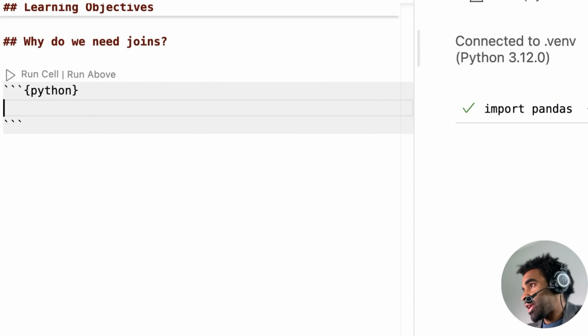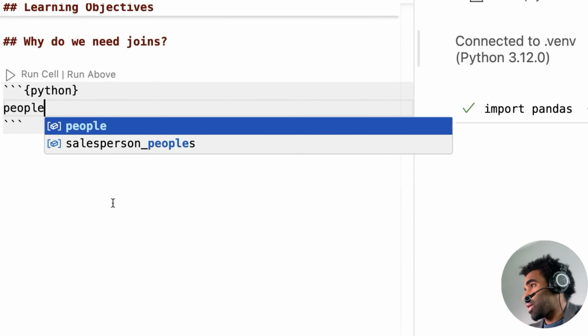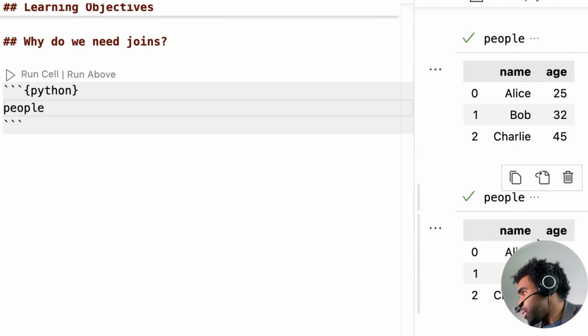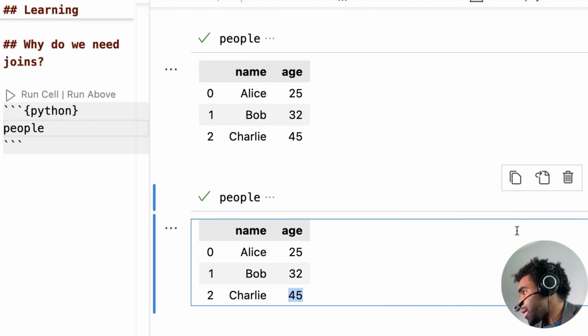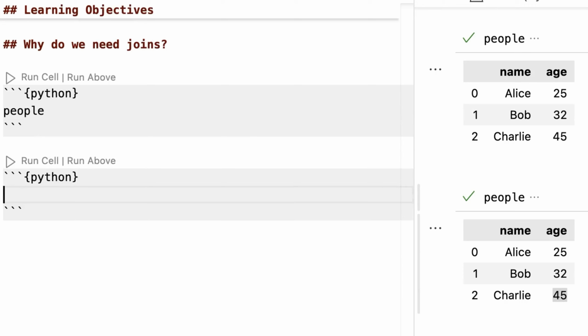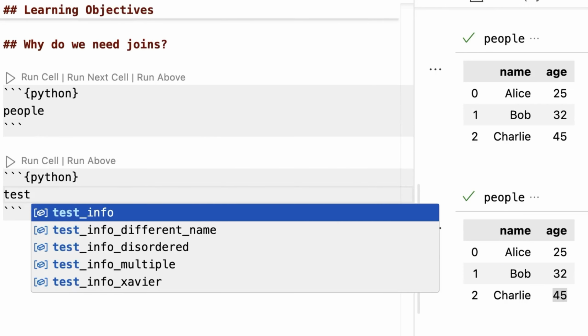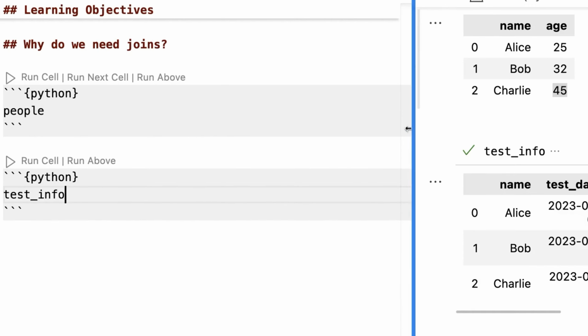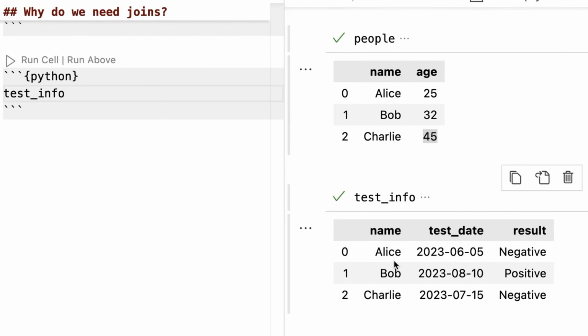So I'm going to put in a data frame here called people that was defined at the start. So type in people and then run that so you can quickly view it. You can see we have 3 people, Alice, Bob, and Charlie, ABC, with their names and ages. And then let's also print another data frame called test info. And this contains the test information for Alice, Bob, and Charlie, their test date, and whether the test came in